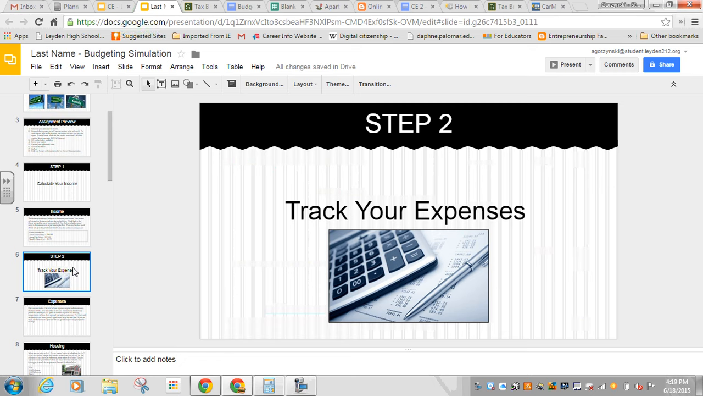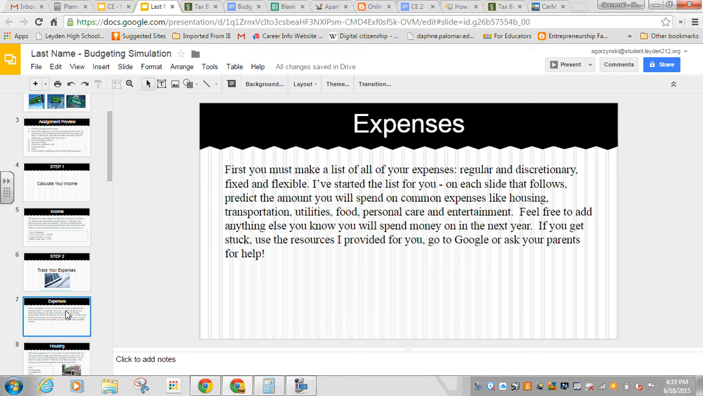Now that we've figured out our income, step 2 is to start tracking our expenses. This is going to take a little bit of time. It's going to take some research online, some conversations maybe with your parents, and potentially some phone calls to some internet providers or cable companies if you want to go above and beyond. That's up to you. So I laid out some expenses for you, just the common ones like housing and transportation, utilities and food,